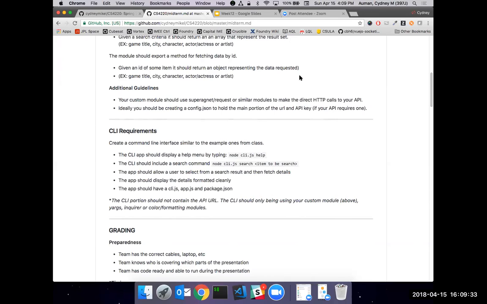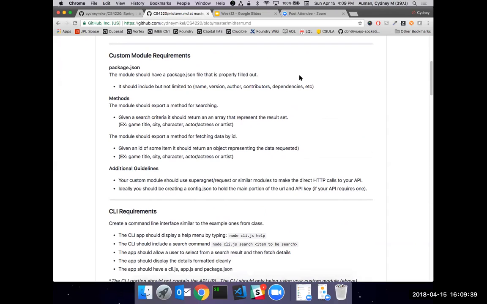We'll have the final requirements posted shortly, but you will be reusing your custom module. So if you lost points there, or if I had some notes in there that basically said you didn't do much, you just copied my file and pasted your thing in there, you might want to go ahead and take a look at your custom module and see how you can actually customize it and tailor it to your API, because that is going to be reused for the final. And hopefully I don't see any final code where it's just literally another copy pasta of the code that is in the module now, or some other copy pasta code from the demos we do in class.